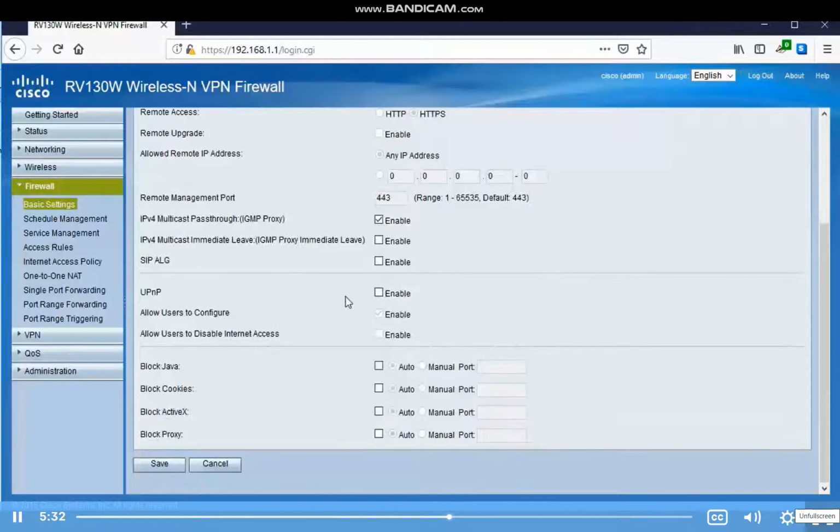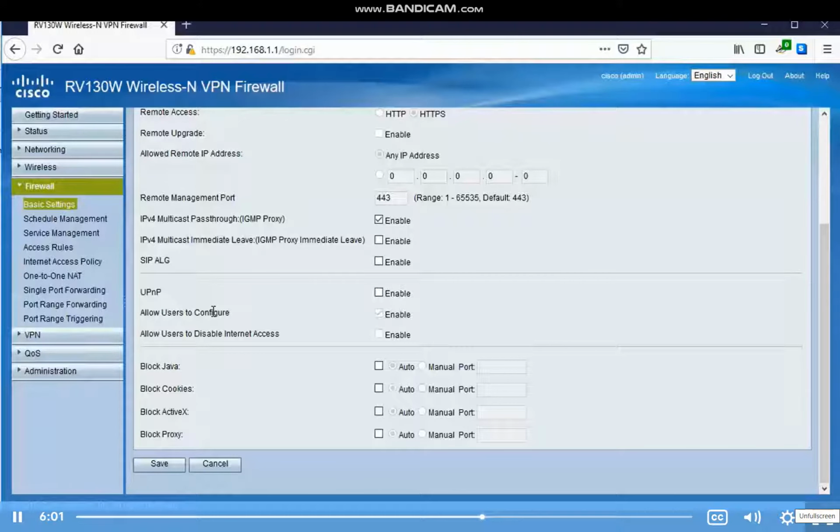Scrolling down to the bottom, we now are going to take a look at UPnP. UPnP is known as Universal Plug and Play. This will allow automatic discovery of devices that can communicate with the firewall. And the scary part is, if necessary, even modify our firewall to allow for device access from outside the WAN. This would be using features such as port forwarding. Now, while the universal plug and play settings may offer convenience, it's better to set up your own firewall rules